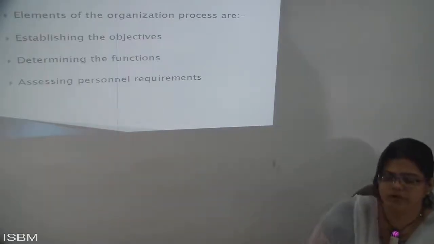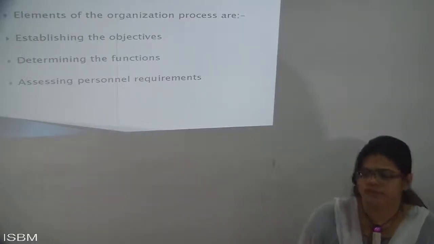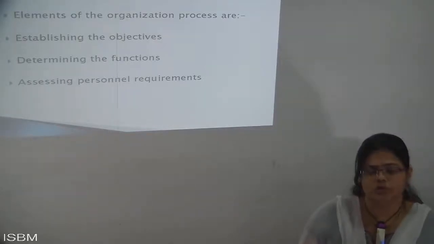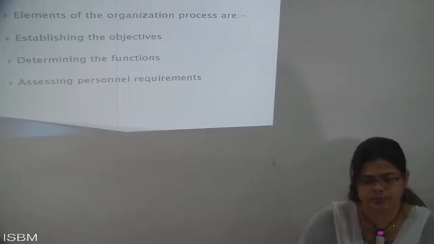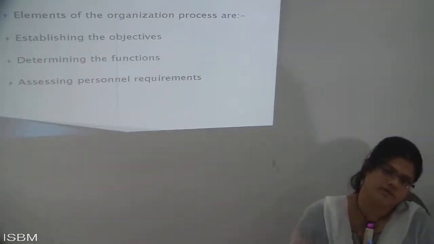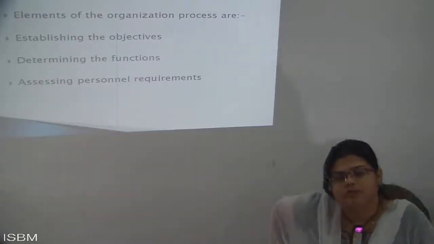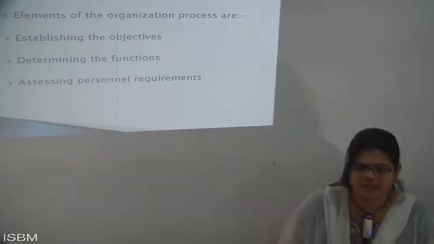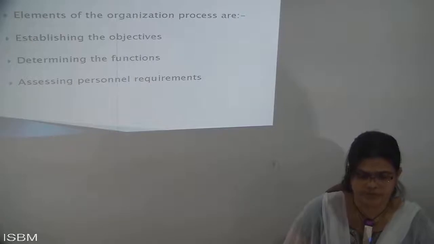First, most important, there are certain elements of the process. The first is an objective. Without objectives, meaning without mission, vision and goal, you cannot establish any kind of organization process, whether internal or external. The most important thing is the objective. Without objectives, you cannot follow each and everything. So first, the objective should be built up.